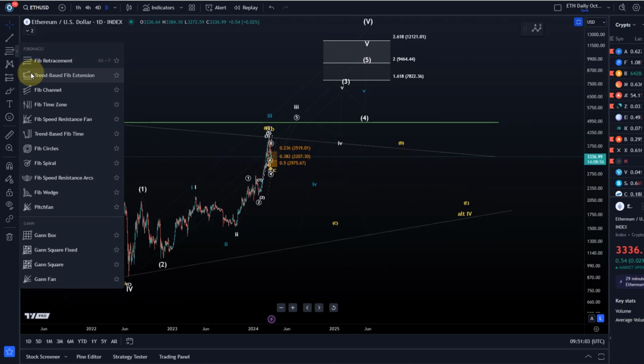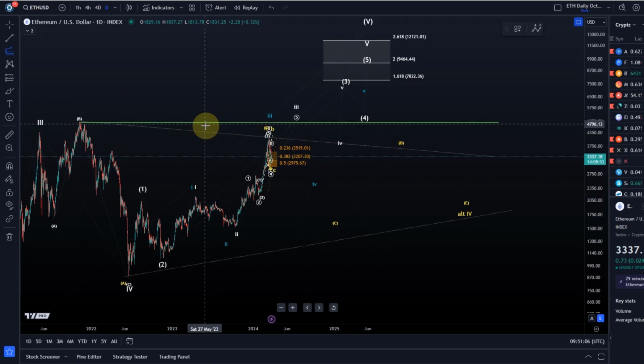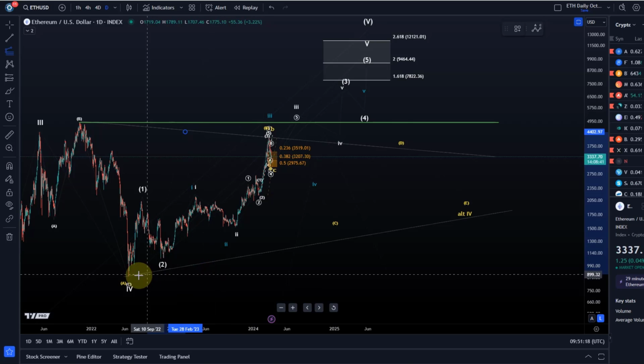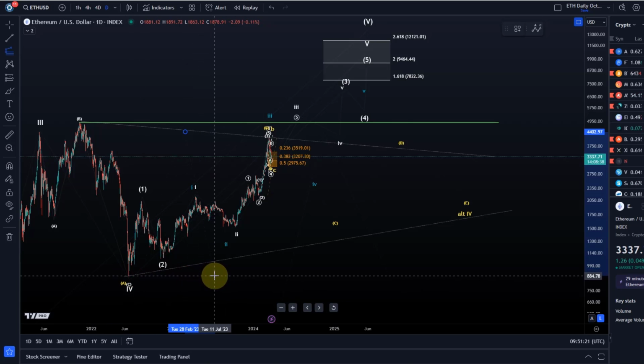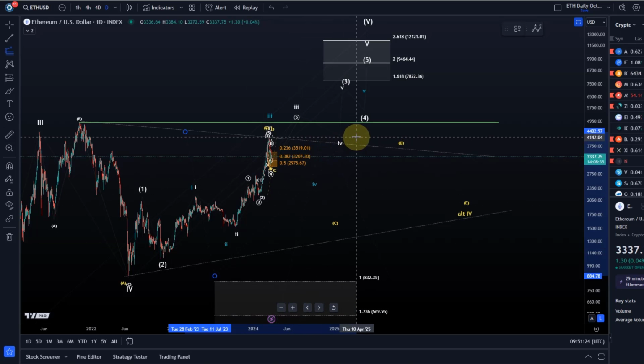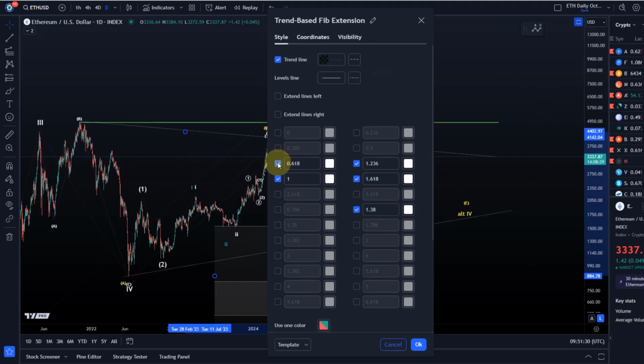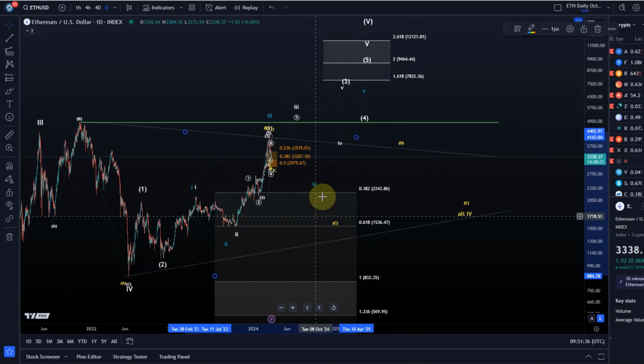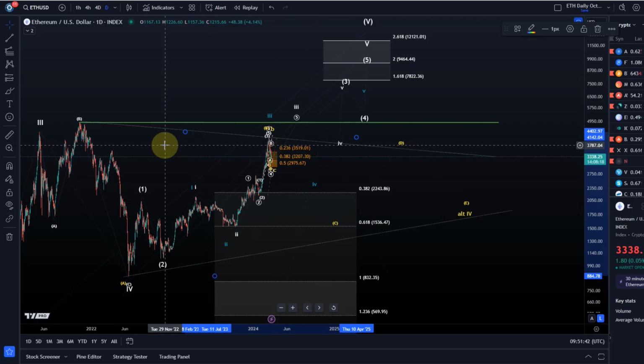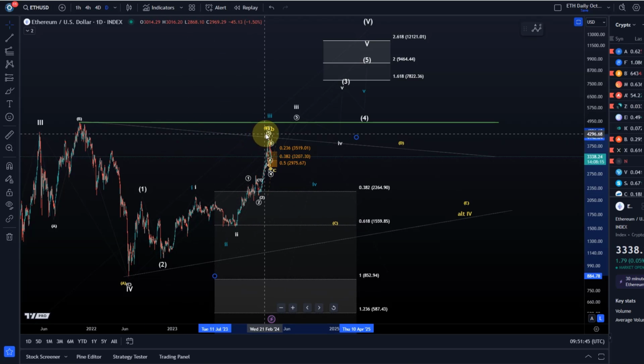Now, what would be target or support areas then for yellow wave C in that triangle? Well, I would need to start measuring from the early 21 high. We would take the length of that A wave to the downside, which developed probably as a flat, and then look at the recent high. In terms of possible targets, we're looking at 2 levels that we should normally watch: the 61.8 extension and the 38.2 extension. Somewhere in between, we talk about 1,536 and 2,243. That's at least a support zone that might be worth watching.